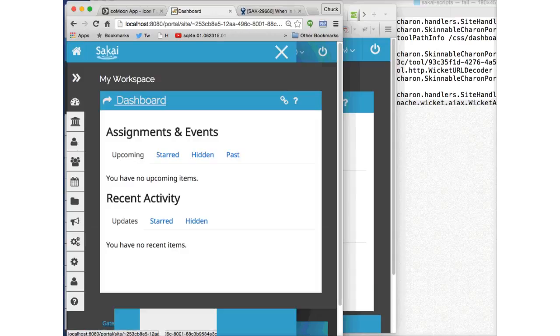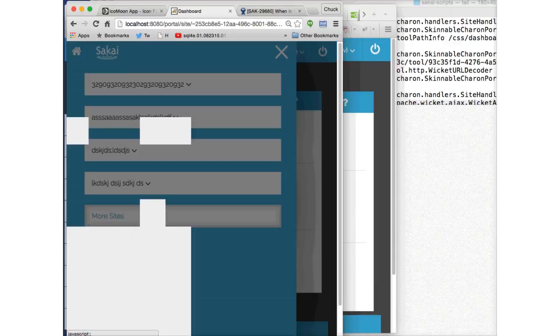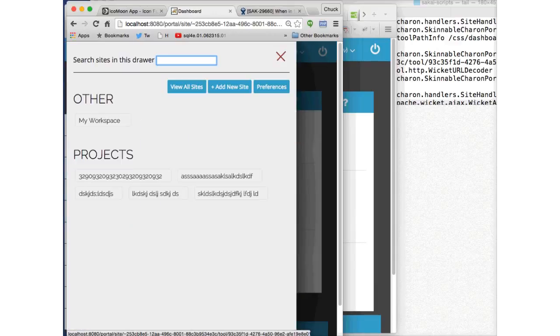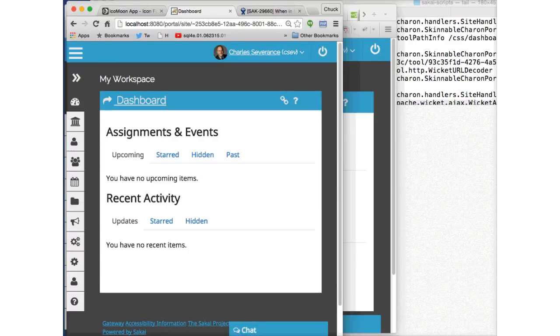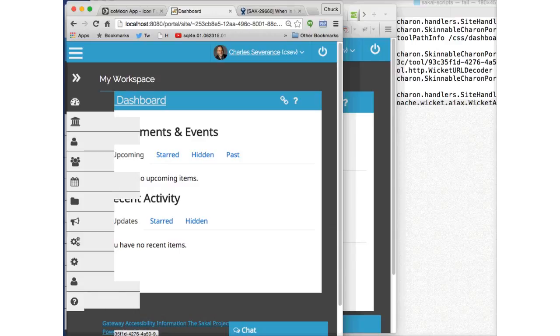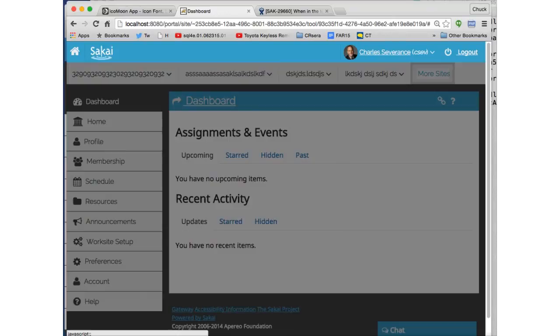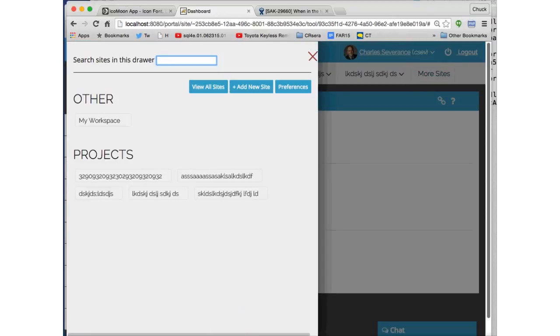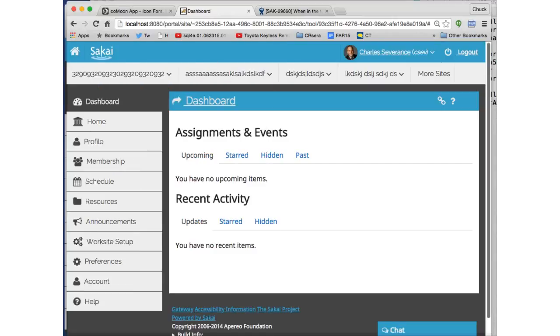Right? So that seems kind of, slide that out, then to get more, you slide that out. That seems super counterintuitive. And so I might put home here, and I might put the more over here, right? And so make it so that what we see in more, this guy right here, slides out from this side. It always slides out from this side, and when we go small,